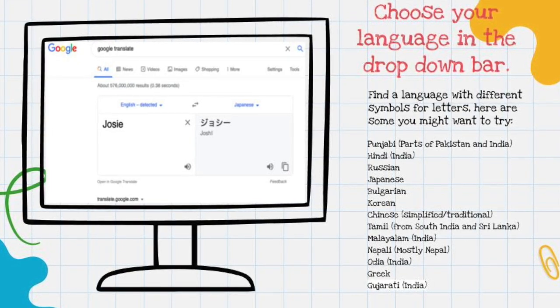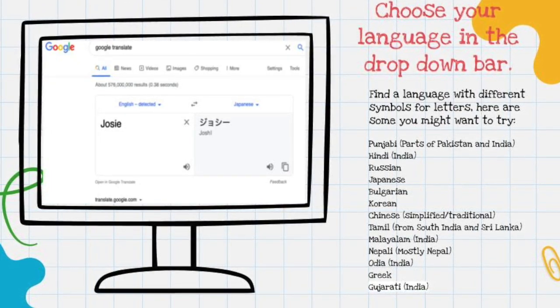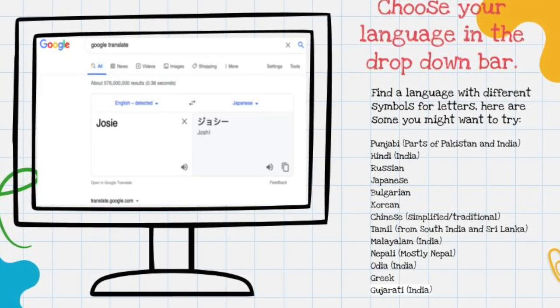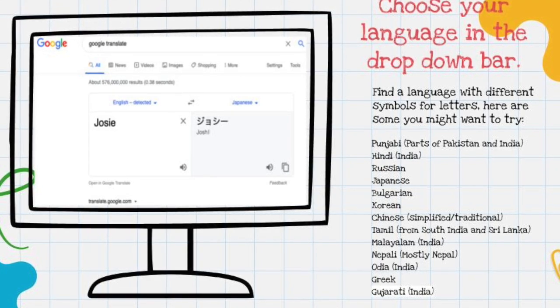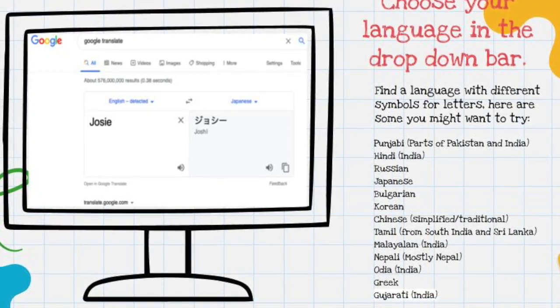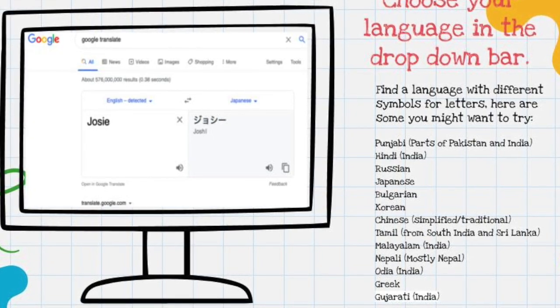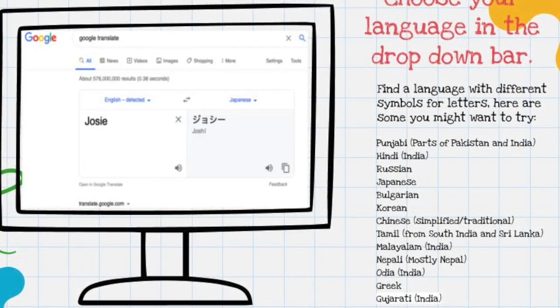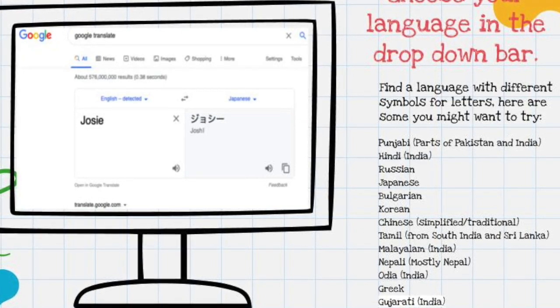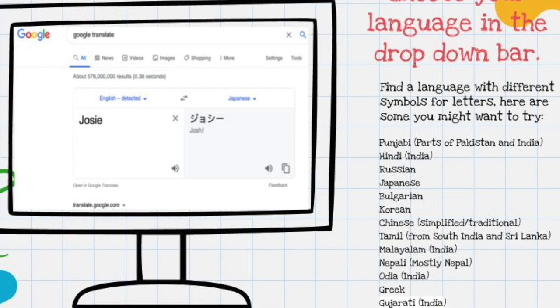On this slide is a whole lot of different languages that you might choose that use different symbols for the letters. So many of them are from India, which has some of the most beautiful languages the whole world can see. I've written down that you could change yours into Punjabi. I've got a beautiful one that I can show you in Chinese. And you could change yours to Greek, or if you have a history from another country that uses different symbols,